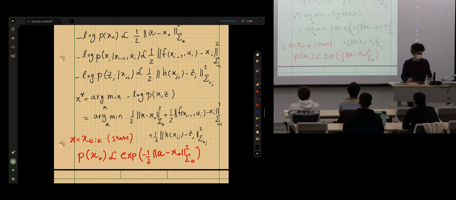I'm confused because you said that A is like a known initial guess, but we just used A to replace X with no subscripts, which we also just said was the state variables that we're optimizing for. So it can't be known. Well, that was a mistake. I shouldn't have used X, because X was the trajectory. That was a notation mistake. I fixed it by replacing X with some other letter, such as A.